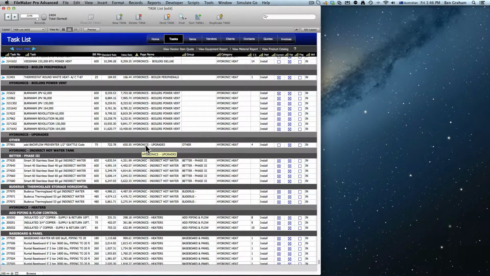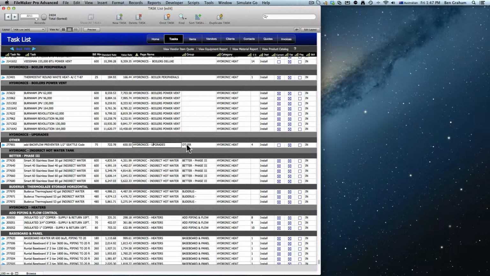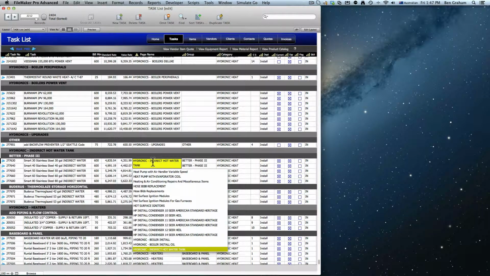However, let's see this one here. It looks like it's under hydronic upgrades other, which is okay. So it's in a group other, but you can change the name, and I'm hesitant to make